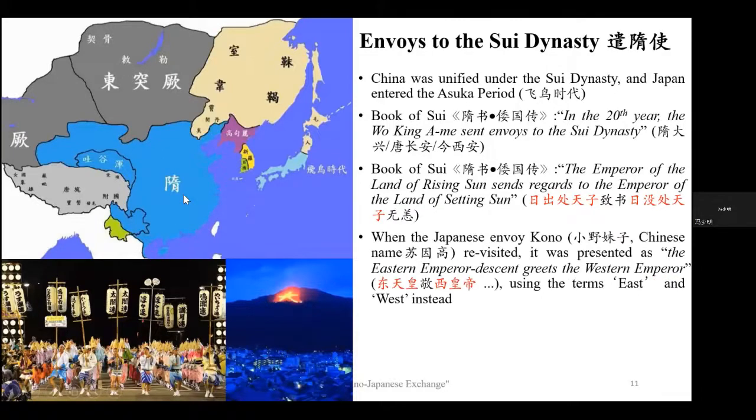Of course, this wasn't very well received from the Chinese emperor. When the Japanese envoy,